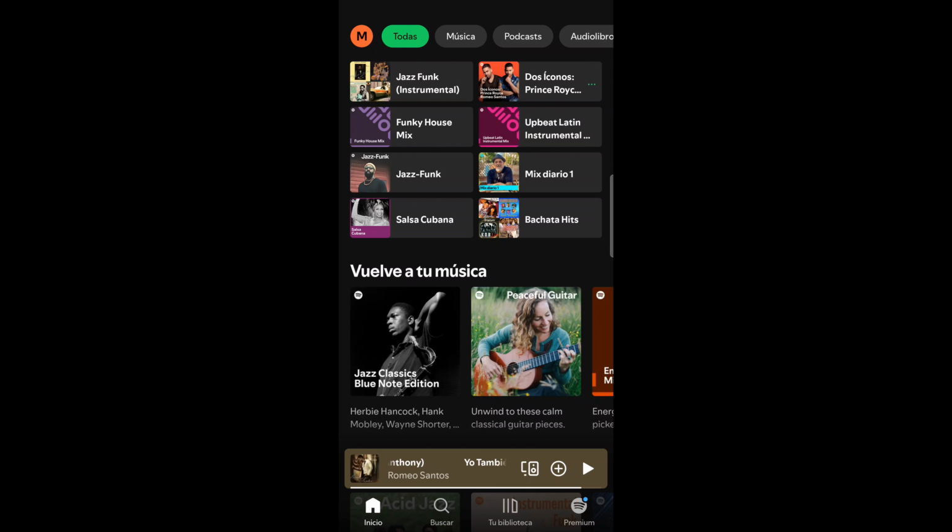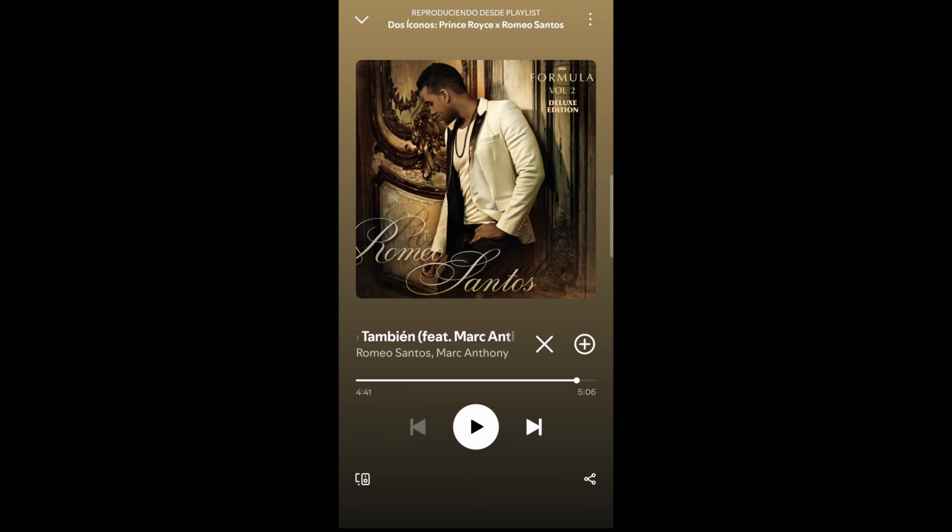Actually, Romeo Santos is one of our own from the U.S. He is based out of New York, and he's a big artist in Latin America, okay? But he hails from the U.S., I think New York, if I'm not mistaken. But this is the song Romeo Santos featuring Marc Anthony. You got to know who Marc Anthony is. He's a great Latin artist, Latin American multicultural artist too, Latino based.